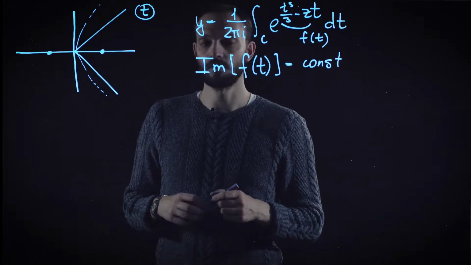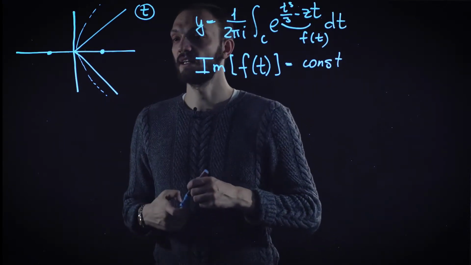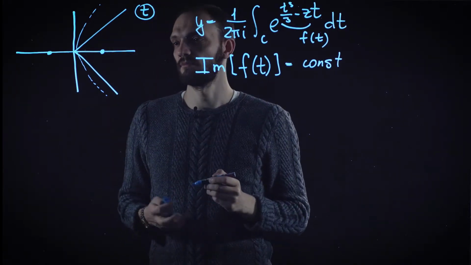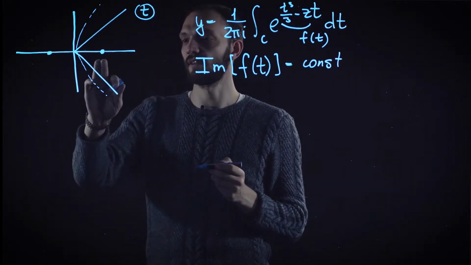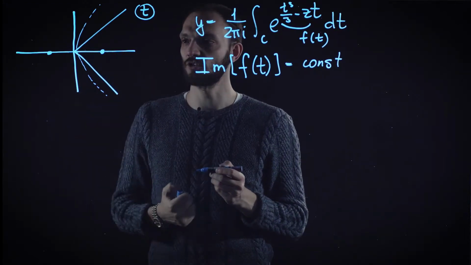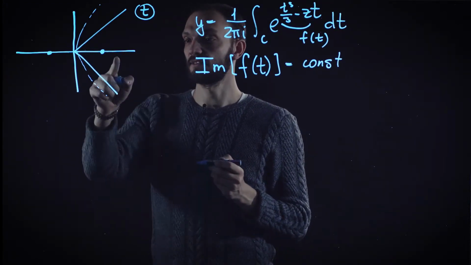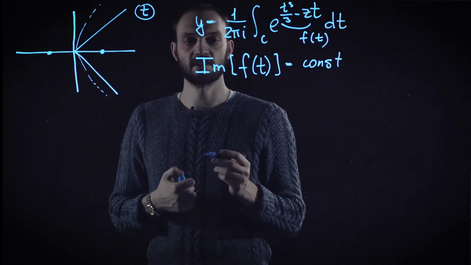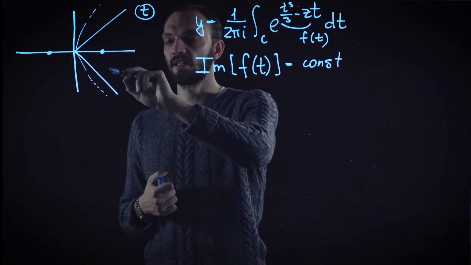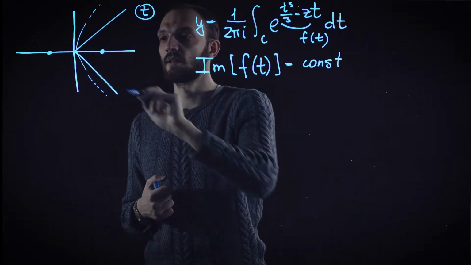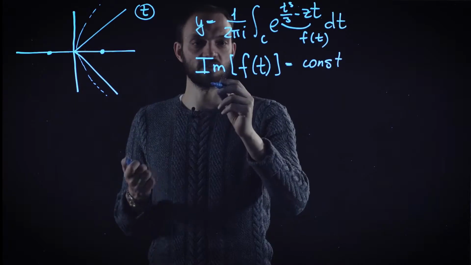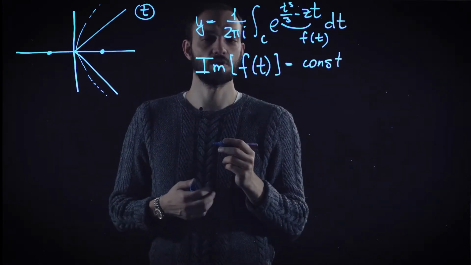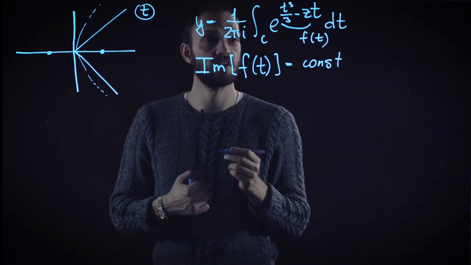So now we have to understand how we actually deform our integration contour, and how it is possible to deform it in such a way that the integral, first of all, remains convergent, and second, passes through some of the saddle points. So in order to resolve this, let us first understand what the steepest descent path attached to each of the saddle points looks like. In order to achieve this, we need to solve this equation explicitly. We don't often need to do this, but for now it will be very instructive.